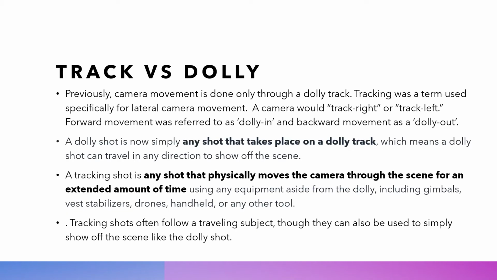The first set of intermediate camera movements is the track and the dolly. Previously, camera movement was done only through a dolly track. Tracking was a term used specifically for lateral camera movement, so the camera would track right or track left. Forward movement is referred to as dolly in, and backward movement is dolly out, but it is done using the same dolly track. Now, the dolly shot is simply